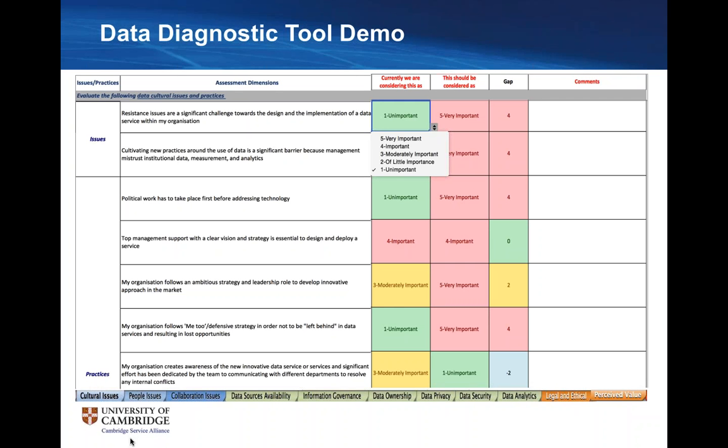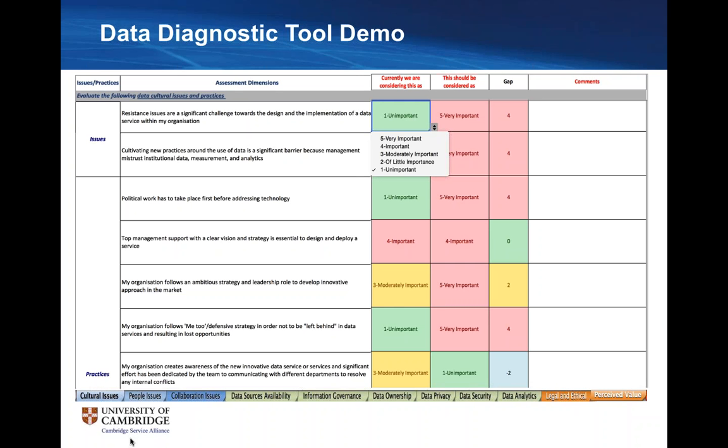Then the assessment itself has been designed into two columns. You can see what things we are considering now, and there is a scale between 1 to 5, which goes from unimportant for that issue or practice, all the way to 5, which is very important. Then there is an item, for example a practice or an issue, that actually we didn't think of before. Actually, we should think of it in the future, which is the second column, about what we should consider.